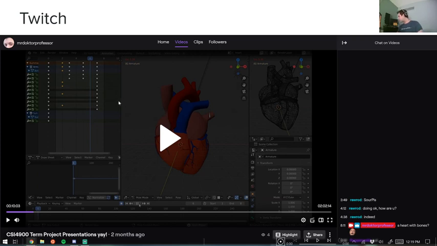Is it hard to coordinate chat and Twitch and Discord at the same time? It depends on your setup. By and large, in class, I will tell students that I'm going to be watching the Twitch stream. It's hard to have three or four separate windows open and watch everything. But you can make your window sizes in such a way that I could see Discord, I could see Twitch.